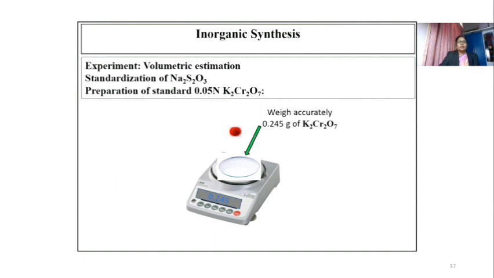So let us prepare standard 0.05 normal potassium dichromate solution. For the preparation of this standard solution, we always use equivalent weight. Now, according to the corresponding equation, 1000 ml of 1 normal K2Cr2O7 solution contains 49 gram of K2Cr2O7. Therefore, 100 ml of 0.05 normal K2Cr2O7 solution contains 0.245 gram of K2Cr2O7. So, weigh exactly 0.245 gram of potassium dichromate on a watch glass and then